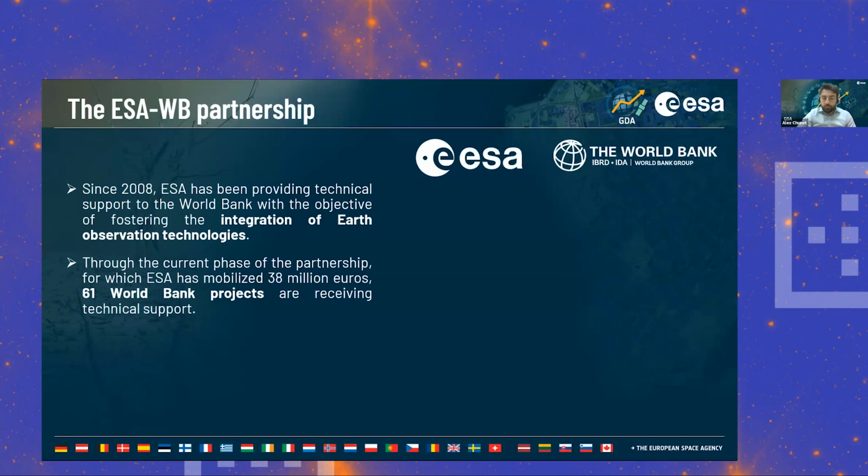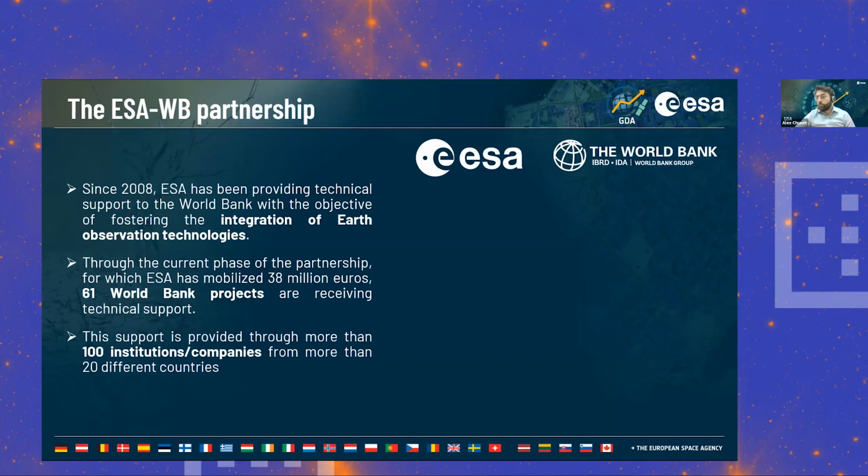And this right now basically is taking the shape of the partnership through which we're supporting 61 World Bank projects. And this is based, of course, on the GDA program, which has itself a budget of around 38 million euros. The way we're supporting those 61 World Bank projects is actually through the European ecosystem. We work directly with private companies, institutes, and academia from the European continent and recruit them to answer to the needs and requirements expressed by development projects around the world by the World Bank in this specific case, but also